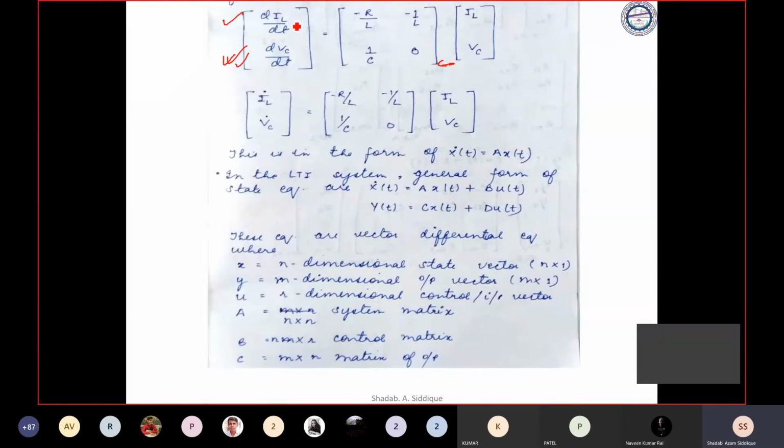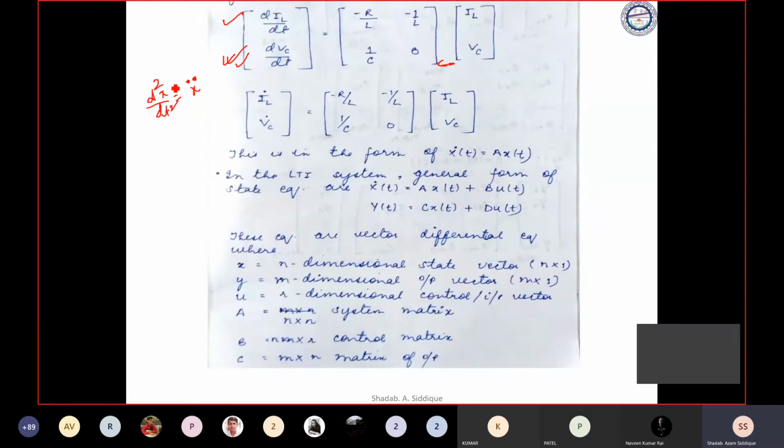Okay, so simply you can represent dIL/dt as IL dot. This is the representation. For a differential function d/dt, we have dx/dt, so we can write it as x dot. This is basically a differential function. One dot means one differential; like if we have d squared by dt squared, we will write double dot. So it is simply a representation.